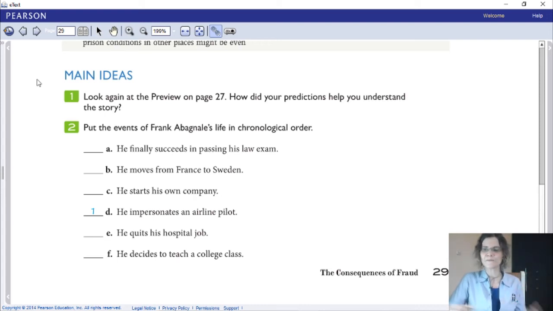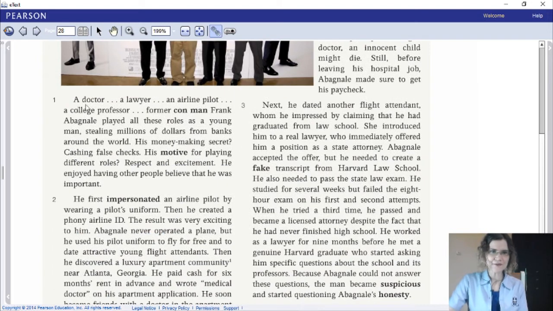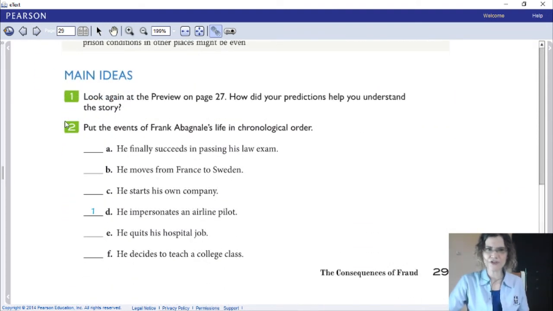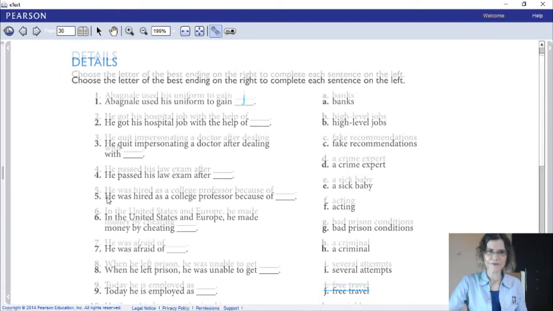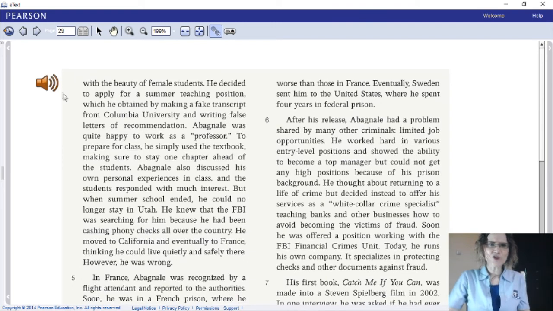Now, what is scanning? Scanning is that you're not really reading the text, but you're just looking over it. Now, for example, if I have the text here, I'm not going to read it, but I'm just looking over it. And what am I doing if I'm just looking at the text? I am looking for a keyword. Now, as you can see here, you always have to underline or circle keywords in a sentence or in a question. For example, here there is this sentence, circling the keywords, underlining the keywords in the sentence, and then going back to the text and going over the text.